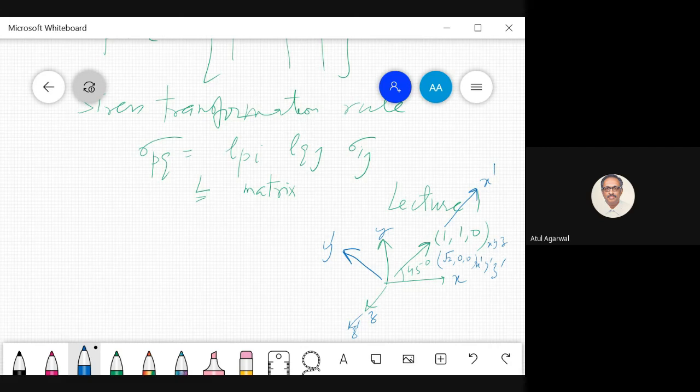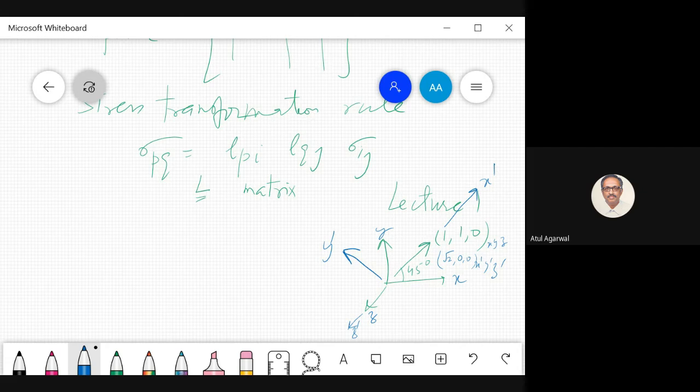I had told you that vector magnitude is an invariant. Whatever be the coordinate system, vector magnitude will not change. So you see, Kevalish has maintained the same magnitude. 1 square plus 1 square, square root, is the vector magnitude in the XYZ system. So the vector is the same, only its representation has changed.